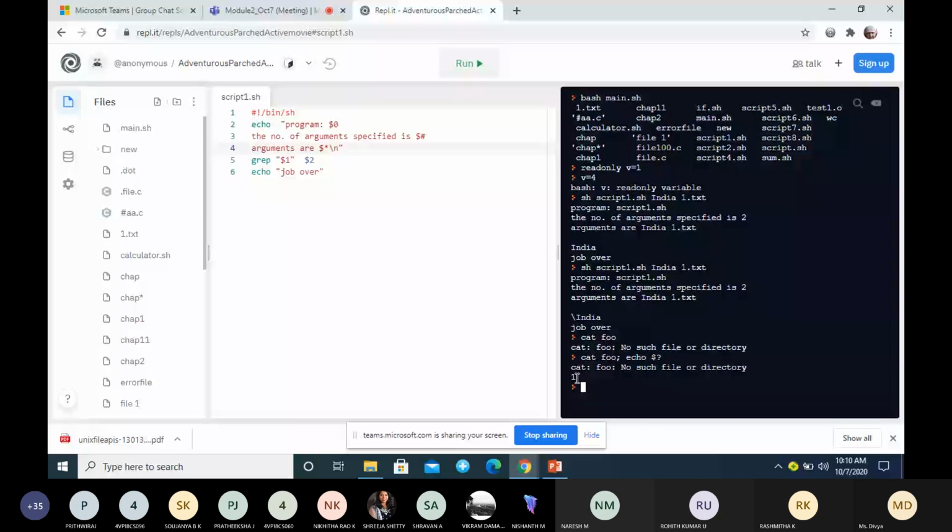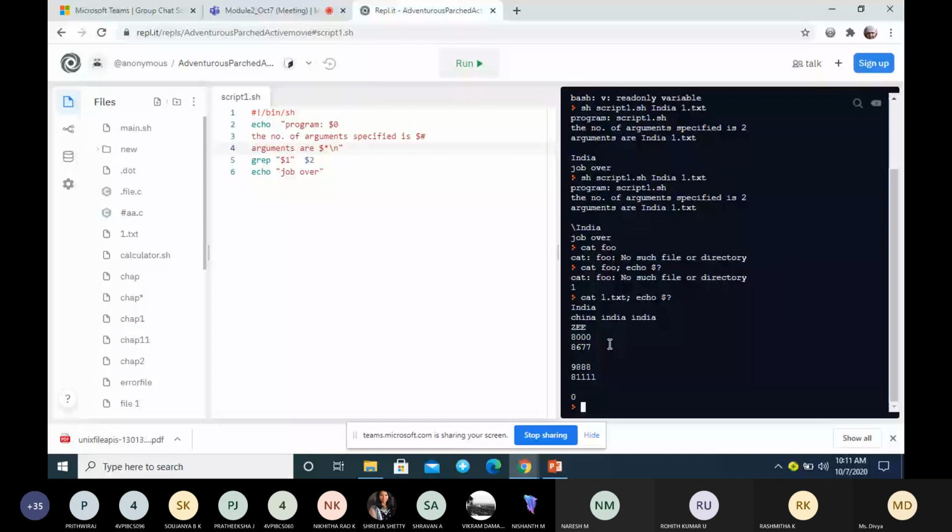Now let me try to open a file which exists, 1.txt. I have this file here, 1.txt. I'm trying to display that file, and I want to know the exit status. It will open and display the content of the file using the cat command, and finally it will display the exit status.